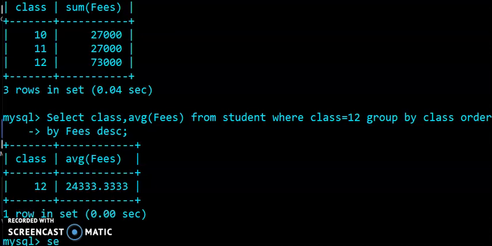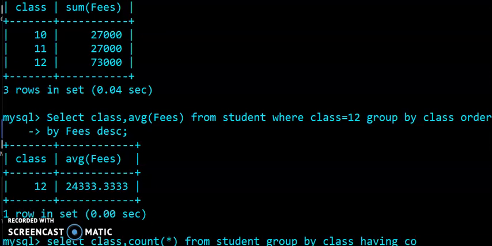The next command is select class comma count asterisk from student group by according to class, then having count star is less than 2.